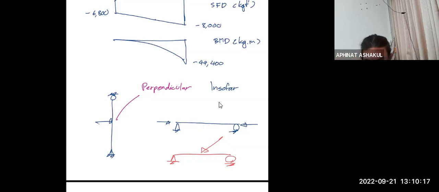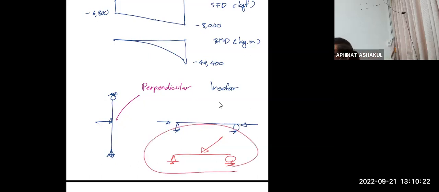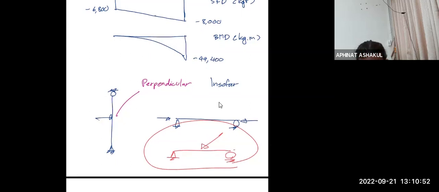So that means if you face a situation like this, there will be a component of the load that will produce bending moment and shear. And yet there will be a component that will produce the axial force as well. And do we write the bending moment based on the axial force? Can the axial force produce bending moment? No. So that means when you're faced with a situation like this, you need to account for the vertical component only